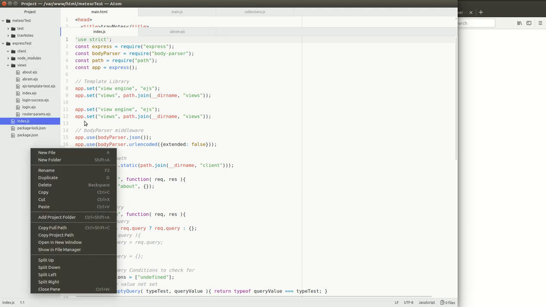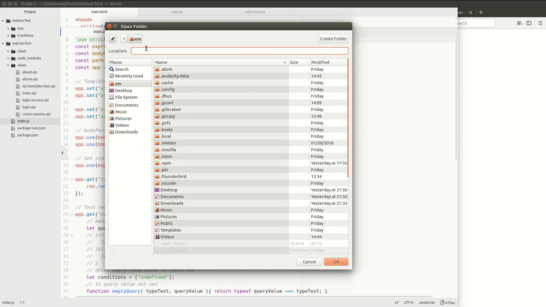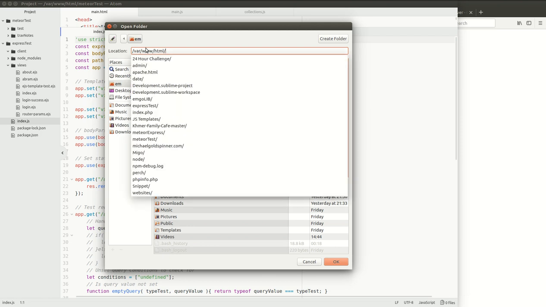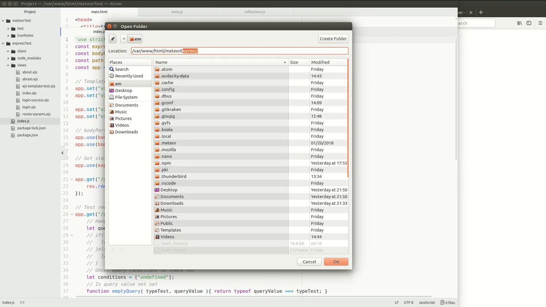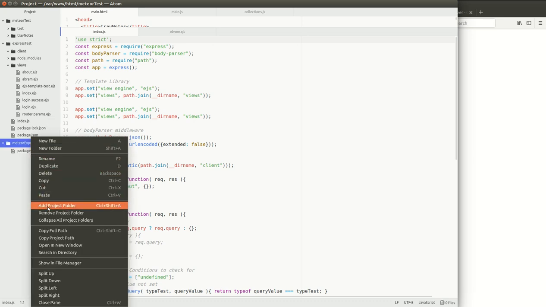add our new project folder, which is going to be in var www.html Meteor Express. I guess it won't go right to it, huh? var www.html Meteor Express. And let's